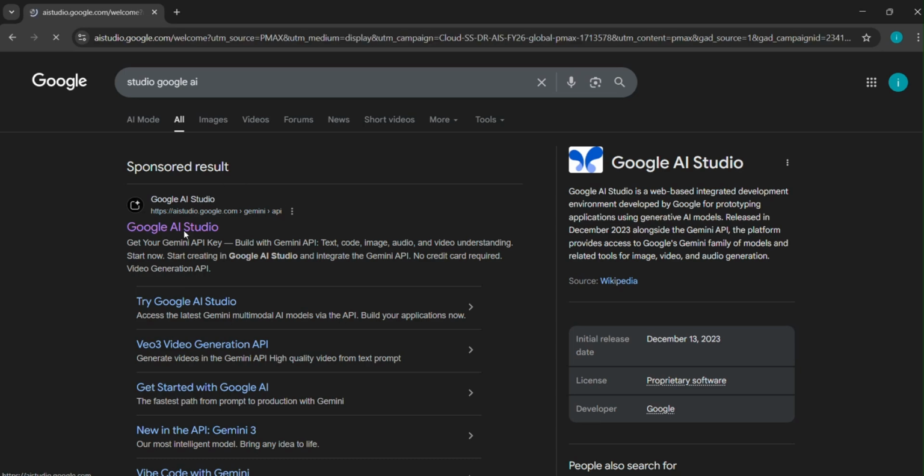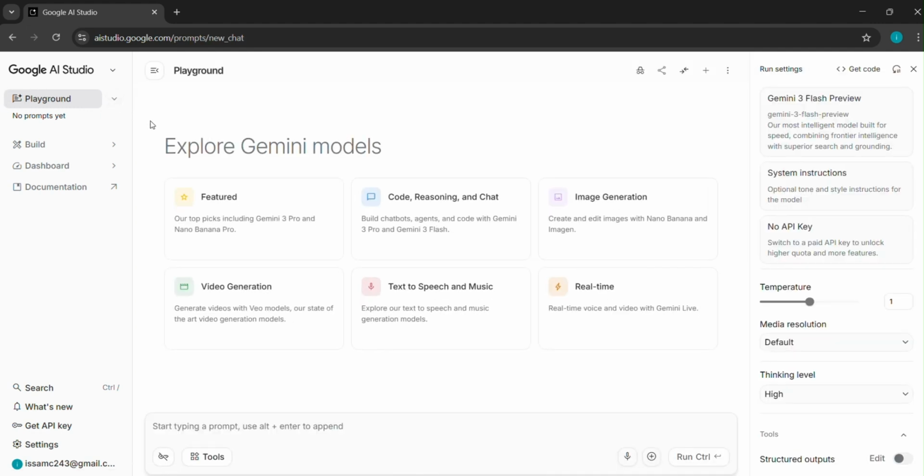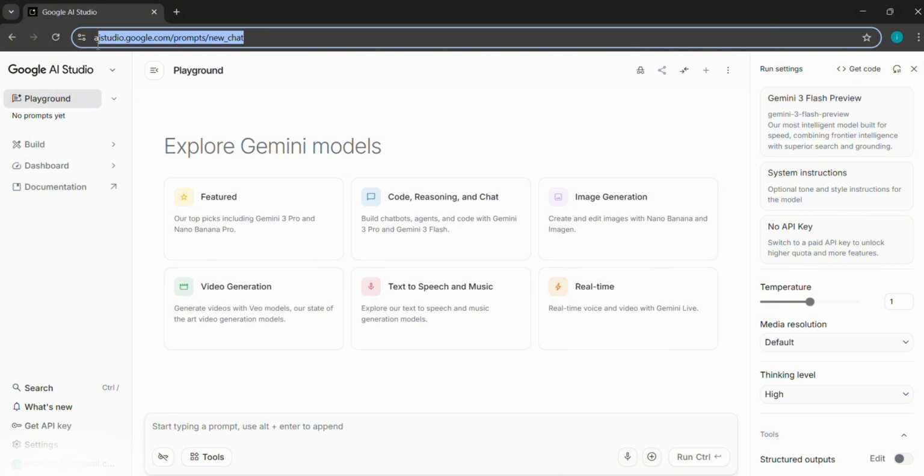In today's video, I'm going to show you how to master the settings inside Google AI Studio so you can create high-quality professional voiceovers that sound natural and perfect for Tier 1 audiences. Let's get started. Once you're inside Google AI Studio, the first thing you need to look at is the model